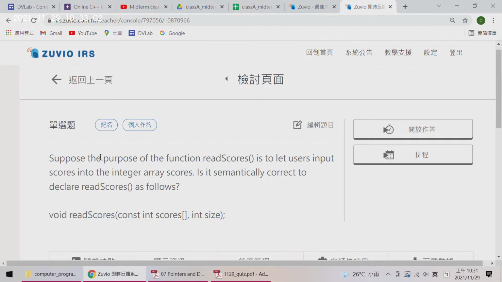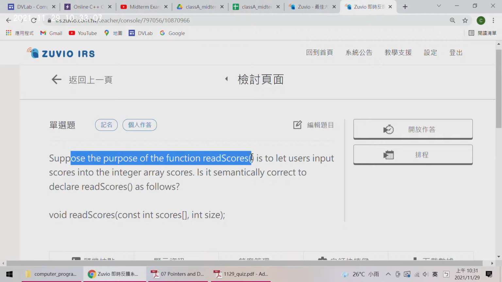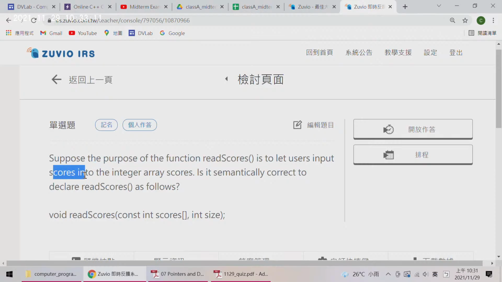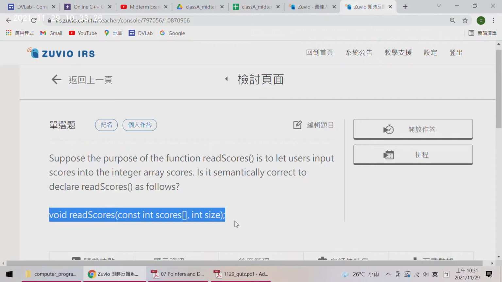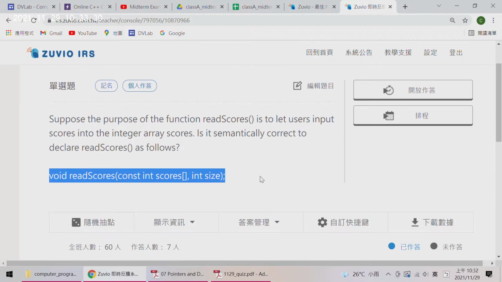Suppose the purpose of the function rescores is to let users input scores into the integer array, and this question asks, is it semantically correct to declare this function as this line? And the answer is no,